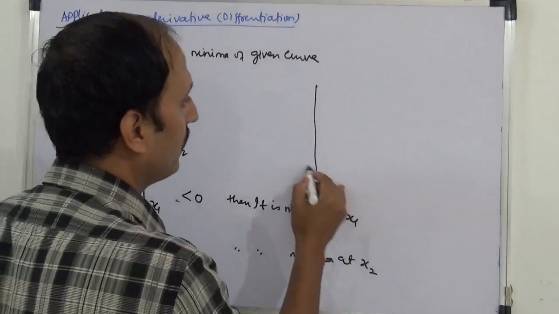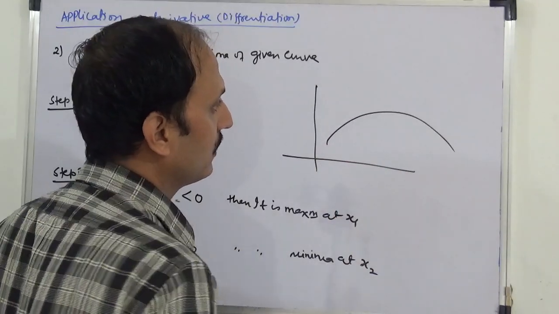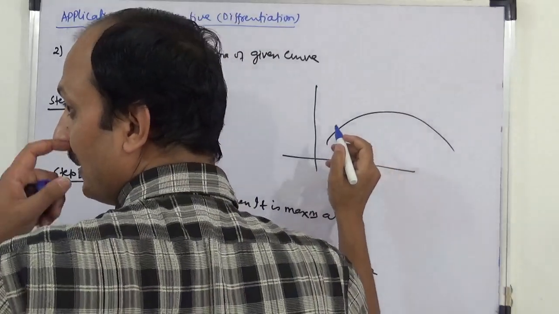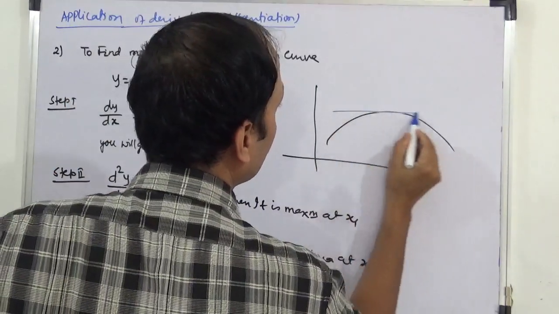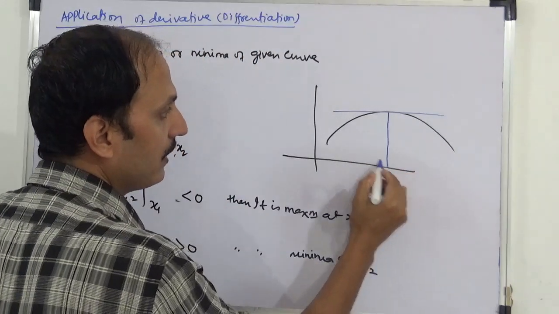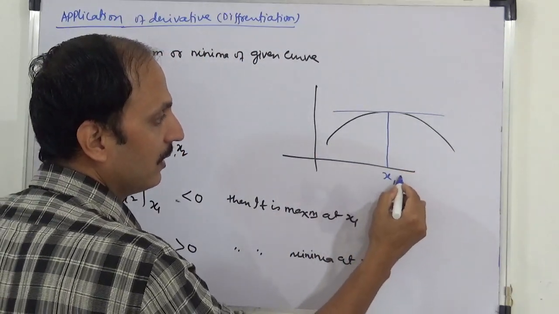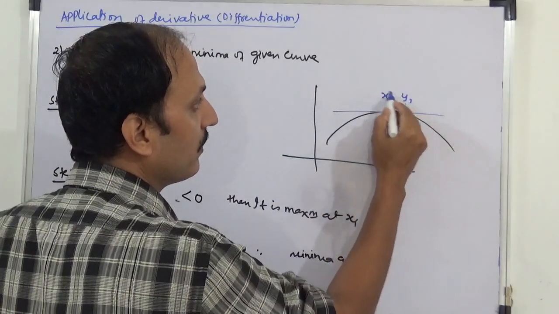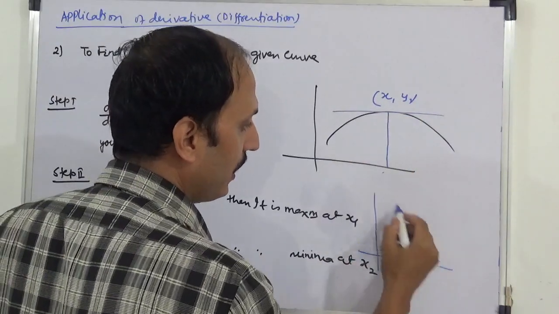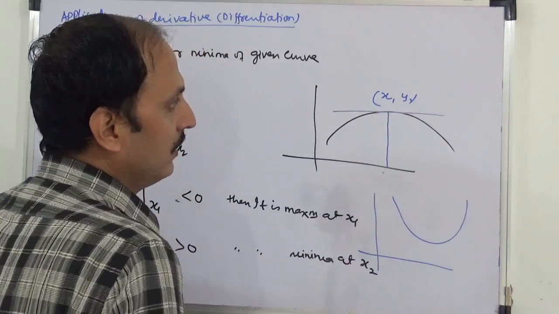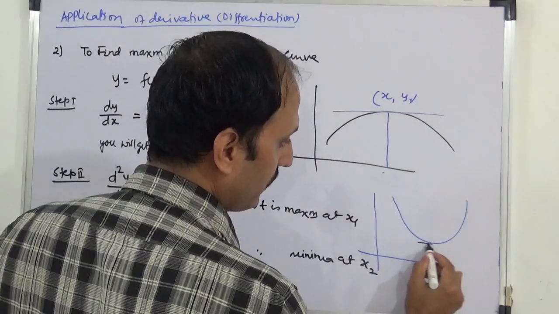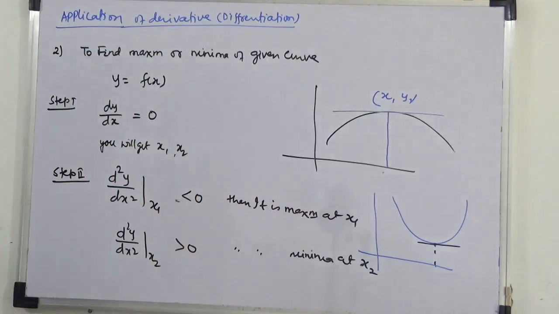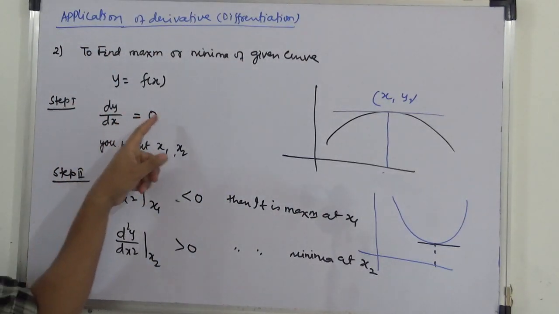Exactly, if you have a curve, let's say the curve is like this. So the maxima of this curve is here. So we can find at which point this curve has maxima. If we get x1, we can get y1. And this is the minima of the curve. So the curve is given. To find this minima point, we first find dy by dx and make it equal to 0.